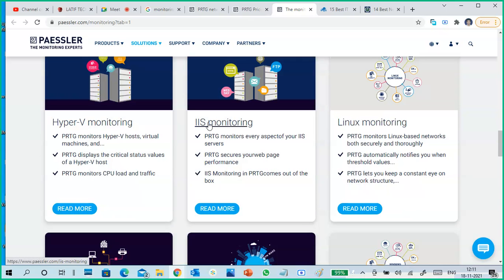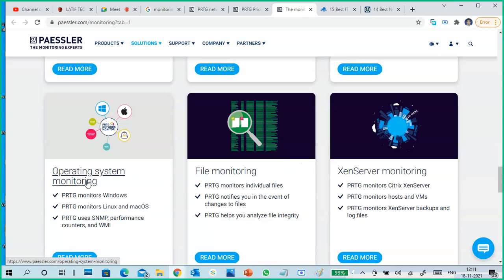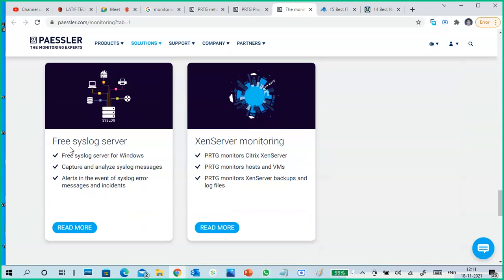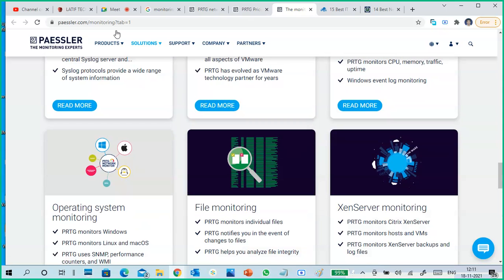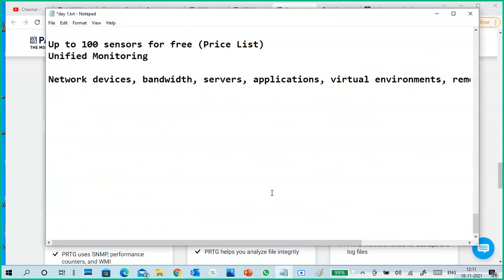This is IIS, meaning Windows web server monitoring, Linux monitoring, Hyper-V virtualization, Hyper-V server monitoring, syslog analyzer, VMware monitoring, VMware vSphere virtualization server monitoring, Windows server monitoring, operating system monitoring, file monitoring, Xen server monitoring, Xen server, free syslog server, like that. So I'm giving this link here, so you can view the different types of monitoring with this application.